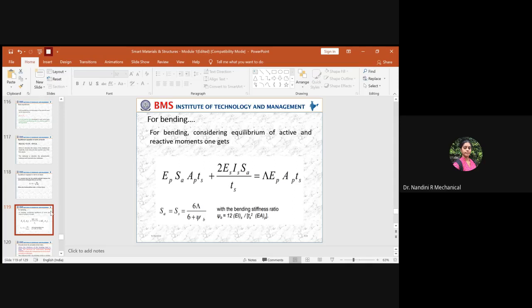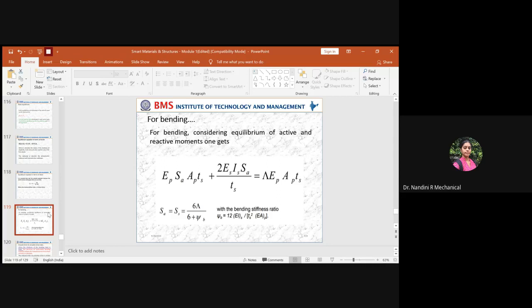And as I told, apart from this, even bending could happen depending upon the alignment of the piezo patches, towards the beginning, towards the end, or at the center. Usually when it is towards your left, it will be constrained at the left and it can have free movement, and you will get the to-and-fro movement in the case of a cantilever. But if it is fixed at both ends, when you subject it to load, then the actual bending happens.